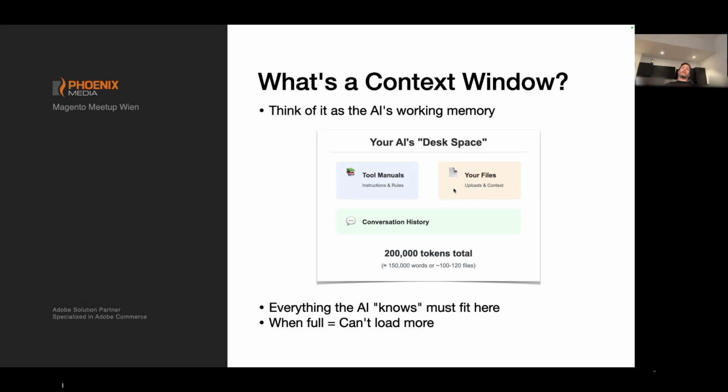And when almost 90% of the tokens are already gone, you don't have that much left. You can see that around these 200,000 tokens are equal to about 100 to 120 files, around 150,000 words you can put in or get out of the context window.